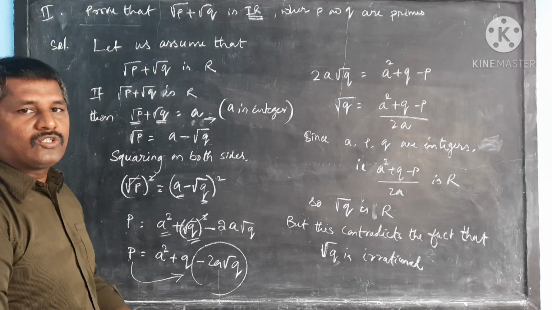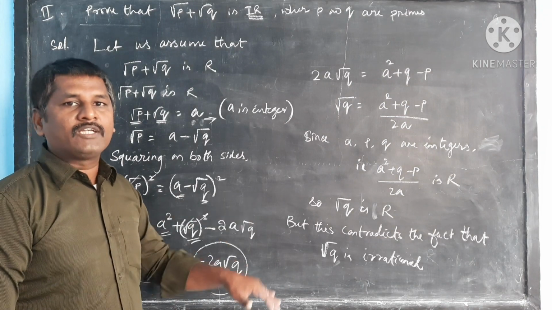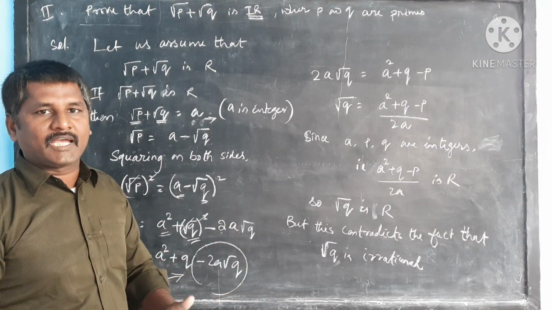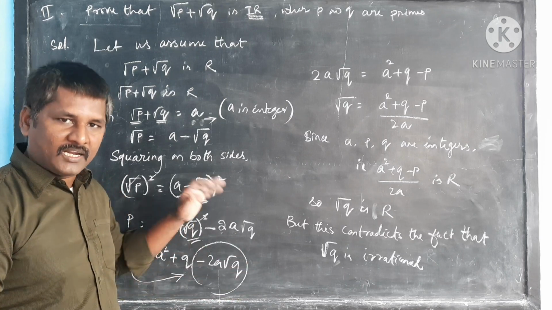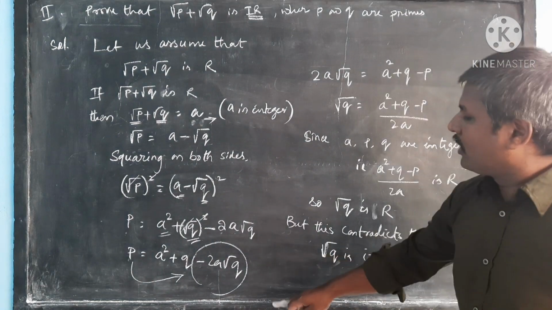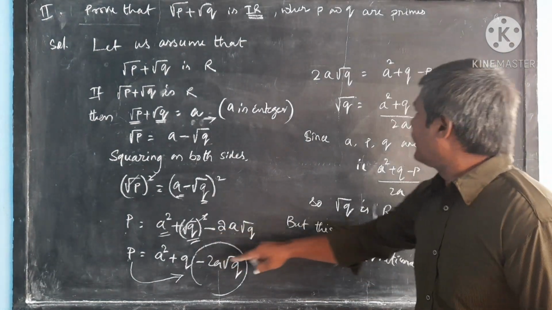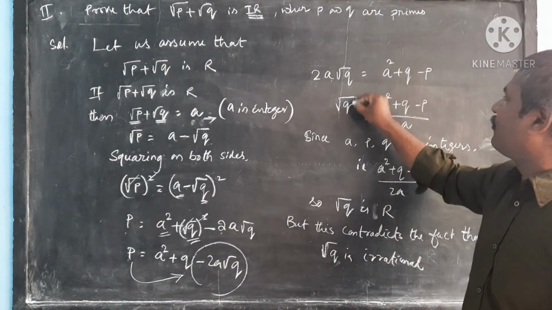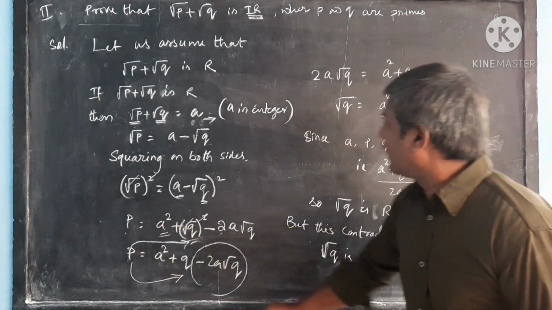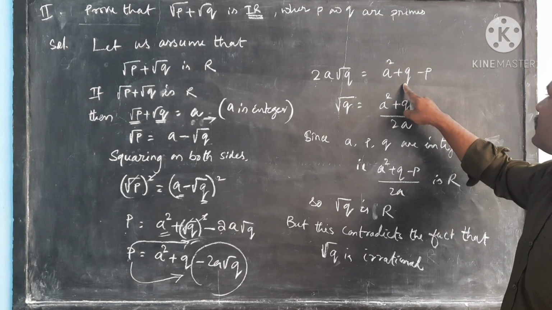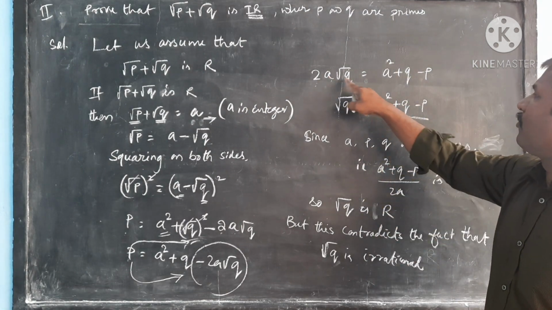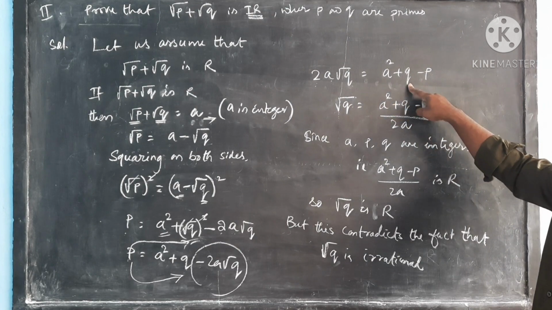Now transfer the minus part of this one to the left side and the plus part of this one to the right side, because we need to keep the root numbers always on the left side. From the first bit till now we have always taken the root numbers on the left side and the real integral parts on the right side. Then you bring this right side part to the left side, then it will be plus 2a root q is equal to a square. Now transfer this p to the right side, then it will be a square plus q minus p. Now you got here 2a root q is equal to a square plus q minus p.